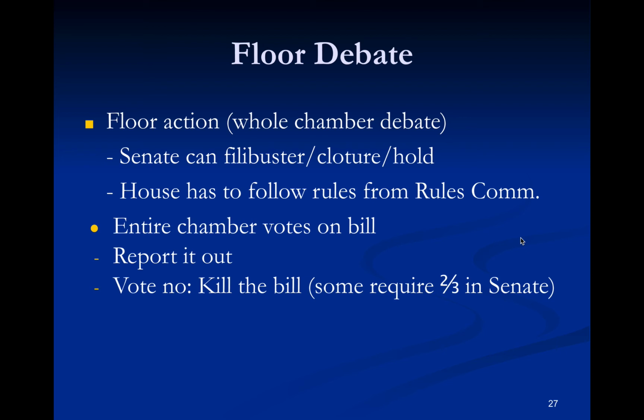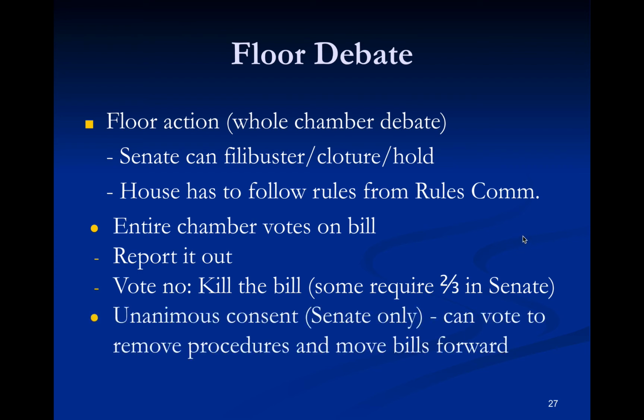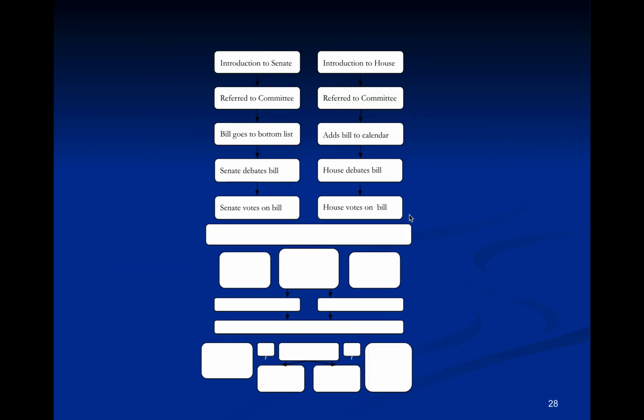There are some things in the Senate that require a 2/3 vote. Something like a treaty would be a 2/3 vote. The Senate also uses the term unanimous consent, where they can vote to remove certain procedures to move the bills forward faster. So after this floor debate, the very last thing on your 2 columns for your worksheet is the